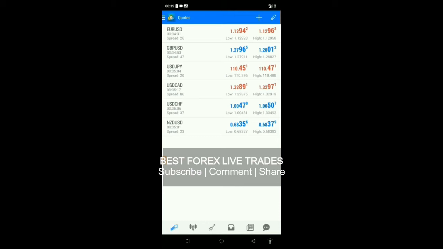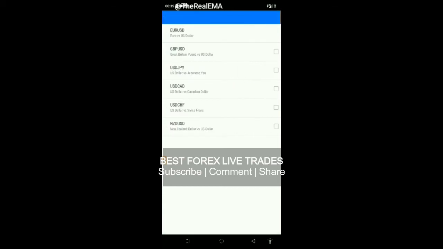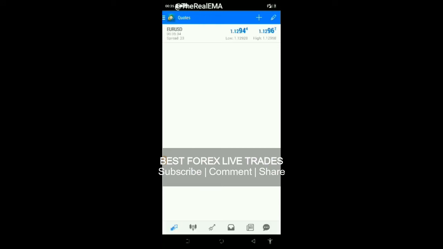Let's take a practical look at the screen. Let me remove all these other things. We'll be using Euro USD as our currency pair. So Euro USD, as you look at it, you'll see that it consists of Euro and USD. Those are individual currencies, but they came together to form a currency pair. Pair means two. So Euro is a currency used by many countries in the European Union, while USD is a currency used in the United States of America.